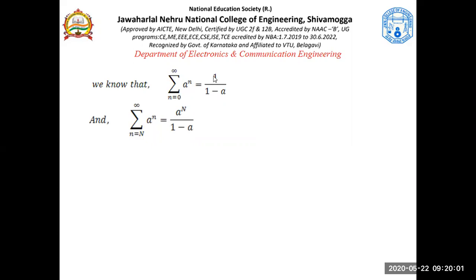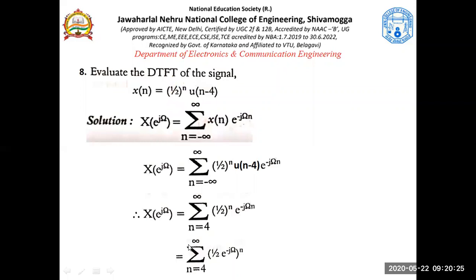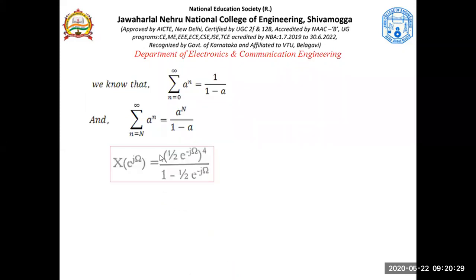What's happening? Tell me here. In this place, if you see this equation, small n is 0. The initial value is 0. So the numerator is a power 0, and that is why it becomes 1. Here the lower limit is capital N. That's why it is a power capital N. So this is a power 0 here, and a power capital N here. So that's why this particular equation is now written as this.